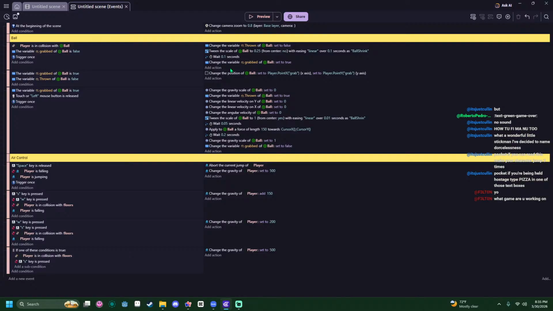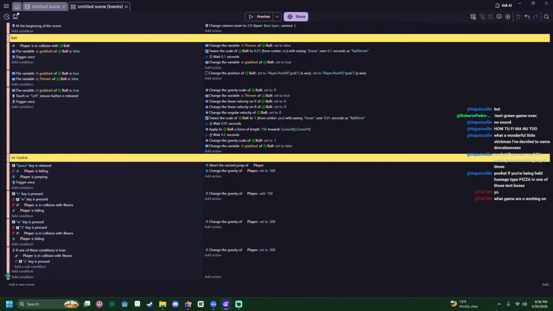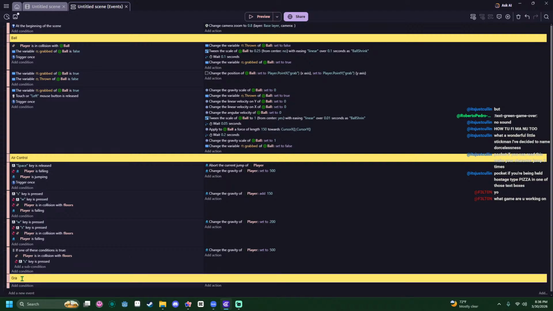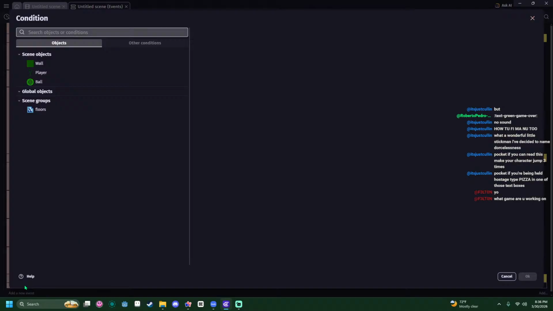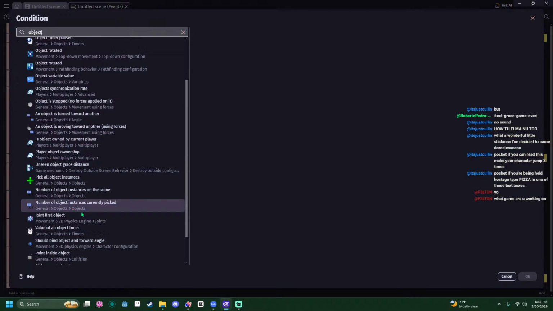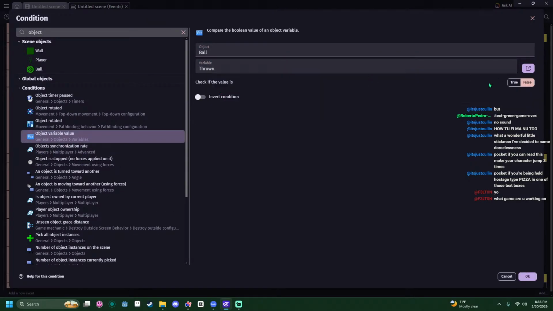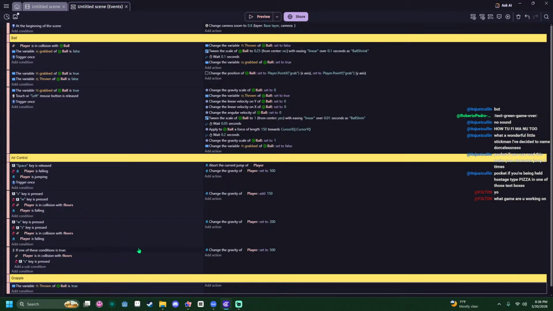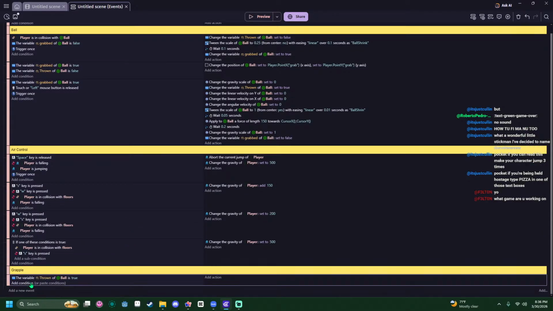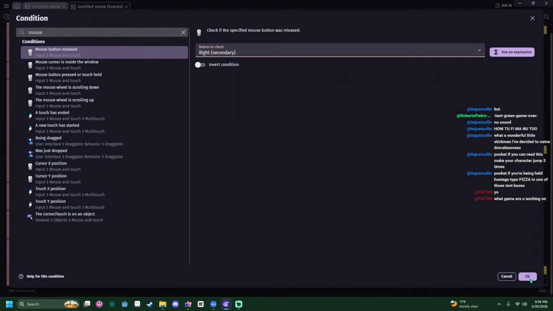And what we can do with that is, so like, this is the bottom. Grapple. So if the object variable of ball, if thrown is true, then, oh, and right mouse button is released.